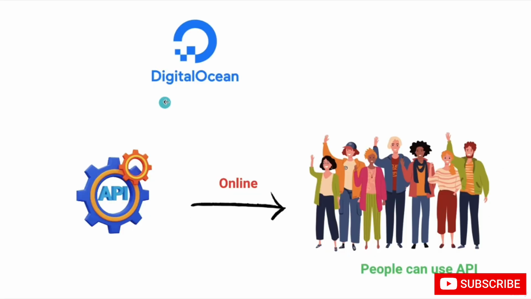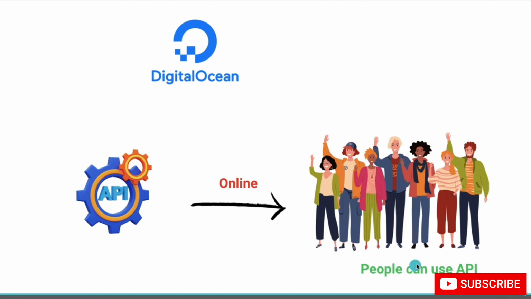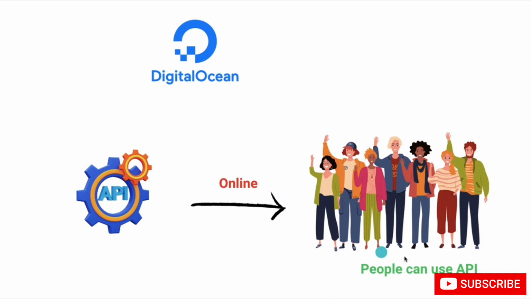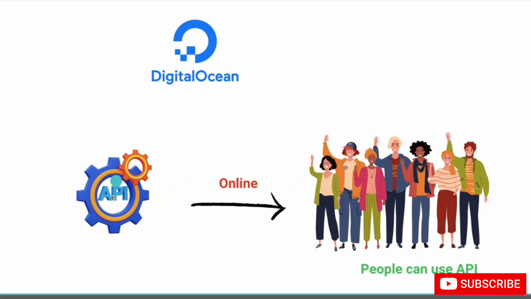Okay guys, so now we will finally make our API, which we have created using Python and artificial intelligence, that is AI, especially ChatGPT. So that API we will now make online, so other people can use your API and you can make money with it. But before you can make money, it's very important to host this API online on services like DigitalOcean.